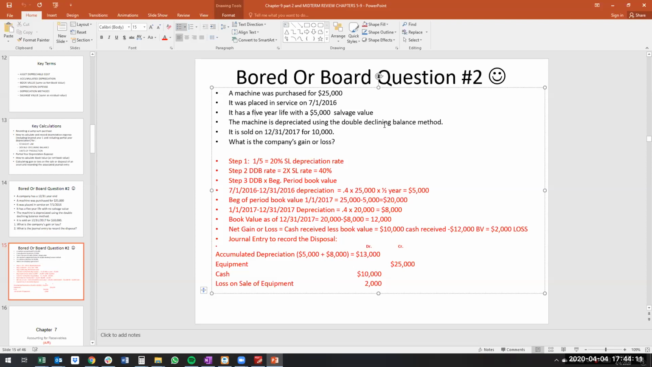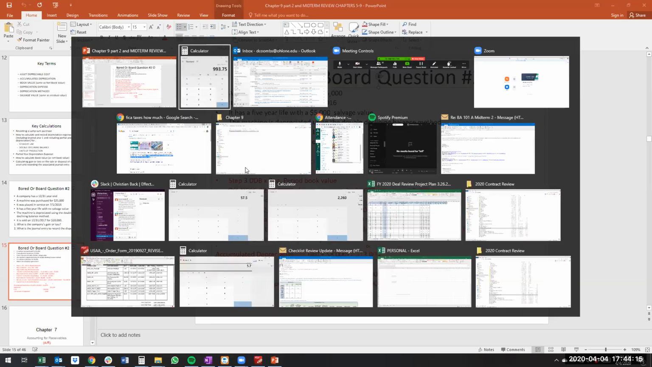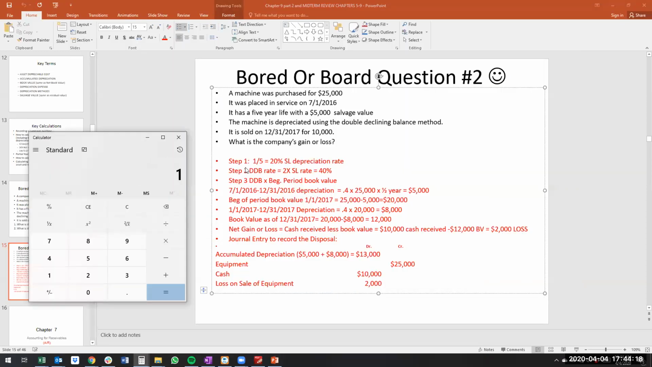And so just to go through it as a quick refresher, right? Step 1, we take the 1/5. It's a 5-year useful life. We take 1/5 of it and multiply that by 2. That 1/5 is a straight line rate, and we multiply it by 2, get 40% for the double declining rate. And we multiply that by the beginning period book value, 25,000, which is 10,000. And as we put it in service in the first half of the year, we recognized half of that depreciation